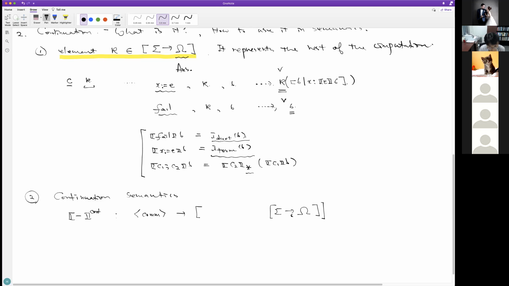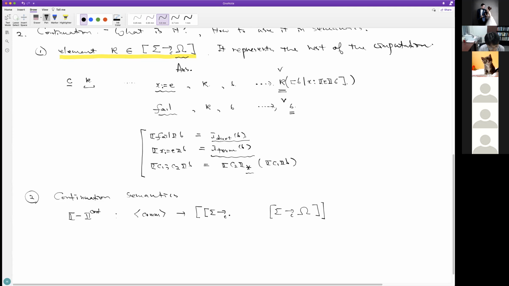We can put C here to make it clear that we are really working on continuous functions.